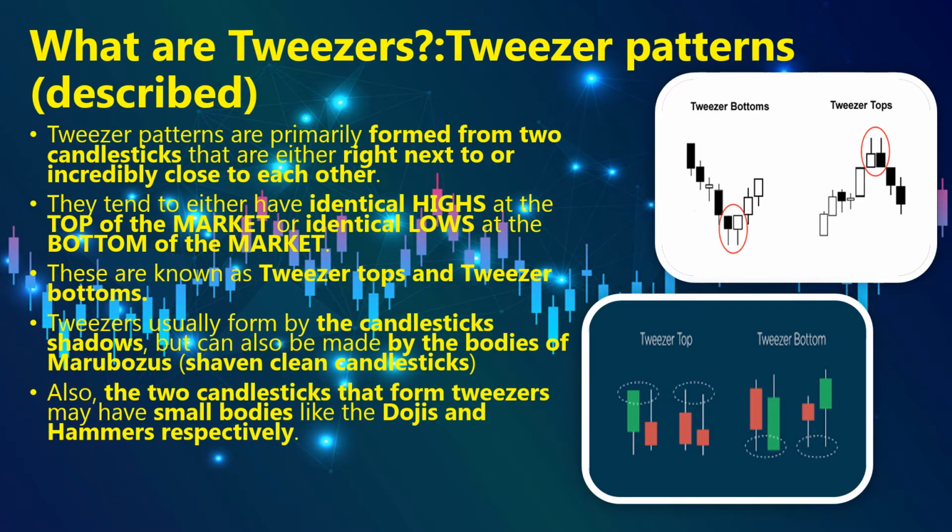What are tweezers? Tweezers are made up of two candlesticks that are next or so close to each other. They have identical highs at the top of the market or identical lows at the bottom of the market. Tweezers usually form by the candlesticks' shadows, but can also be made by the bodies of the candlesticks. The two candlesticks that form tweezers can have smaller bodies like doji and hammer candlesticks. For example,